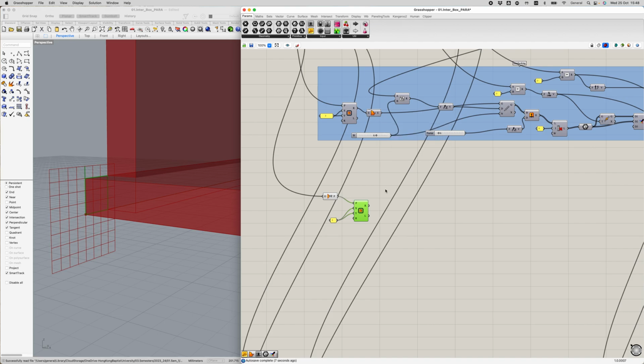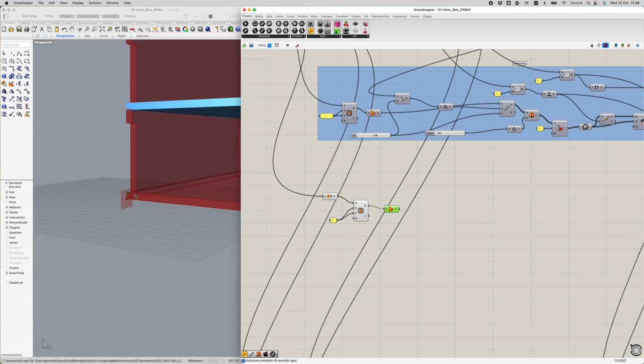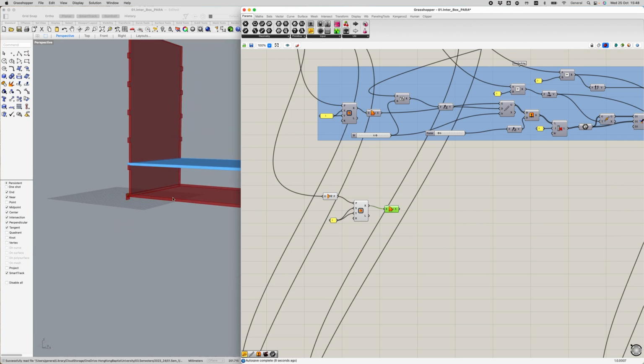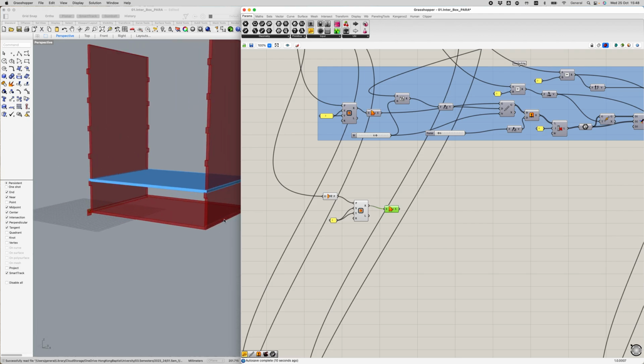Again, we go boundary surface. And we stick this into here. So we have our boundary surface, which we now can distribute along the X direction of our ground plane. So we did this again here with the same as we've done it here. We array it. We use a linear array